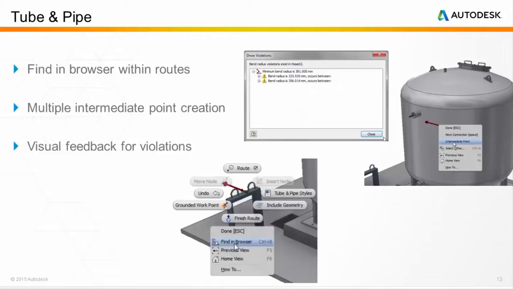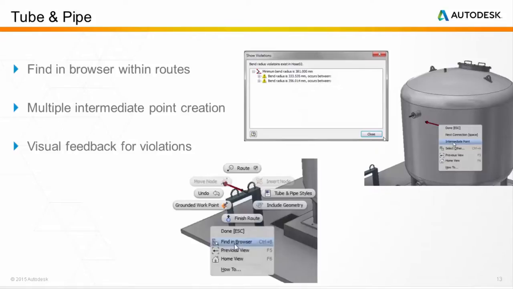Two new context menu options, Offset Point and Intermediate Point, allow you to create multiple intermediate points when you route flexible hose with fittings. This allows you to place one fitting, construct the hose, and finish by placing the second fitting, or alternatively, you can place both fittings and construct the hose, all while switching between intermediate point and offset point